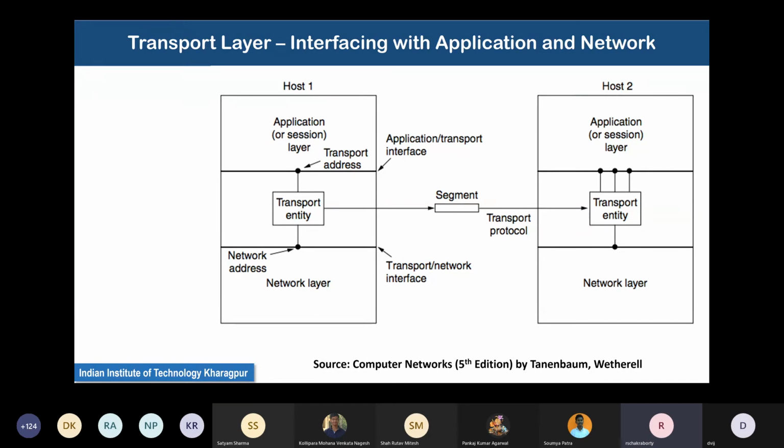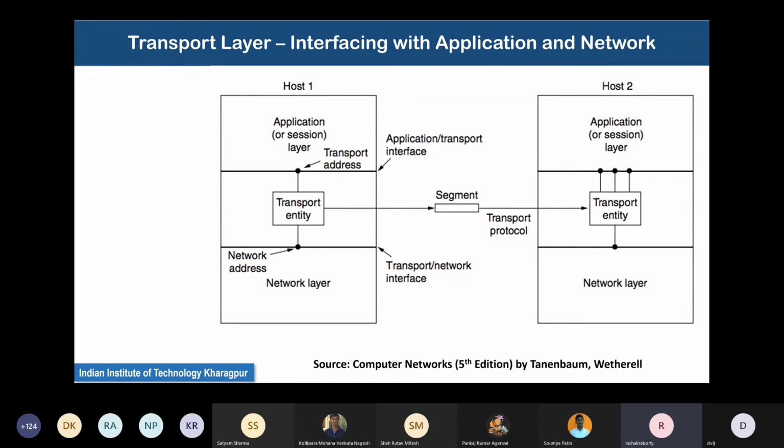So the transport entity, the kind of a process, well, I shouldn't call it a process, because it might look to you that the process is basically your program that you have written at the application level. But there is a conceptual thing called a transport entity, which is not really visible to you. It is sitting somewhere, probably in the operating system kernel, managing this connection of segments with another transport entity on the other side.